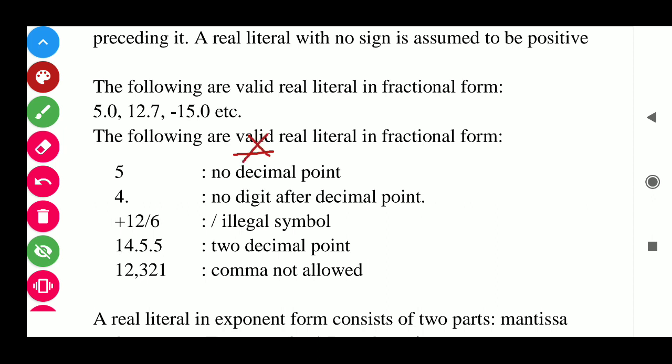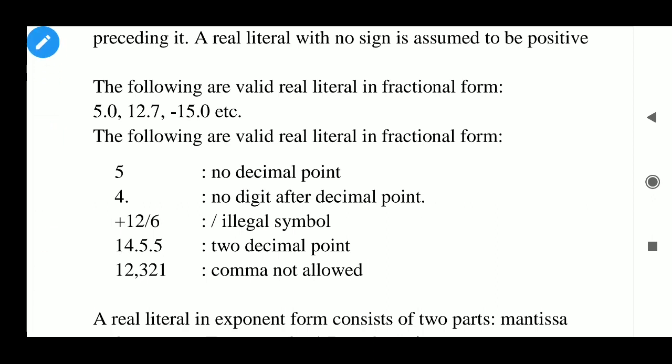So +12/6 has a slash, an illegal symbol. 14.5.5 has two decimal points, which is not allowed. 12,326 has a comma, which is not allowed. Special characters like the comma are not allowed.